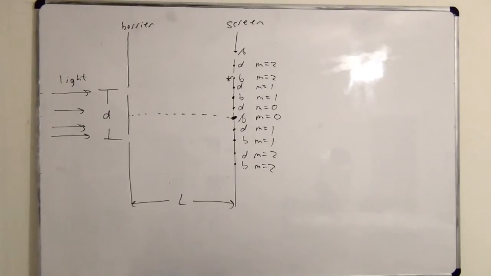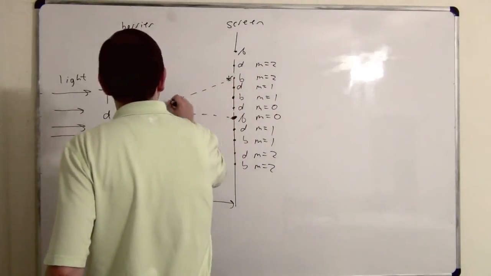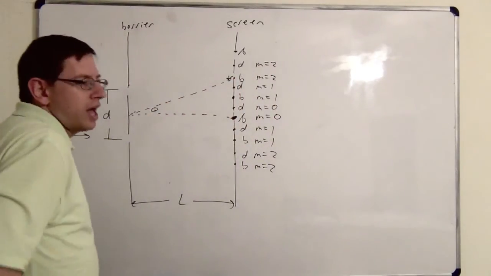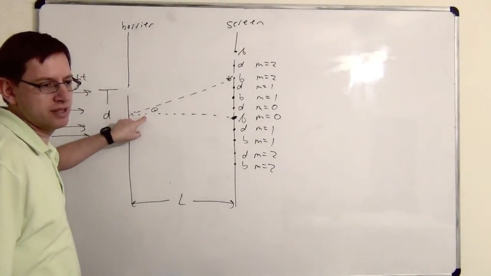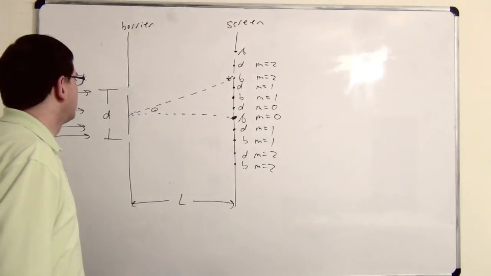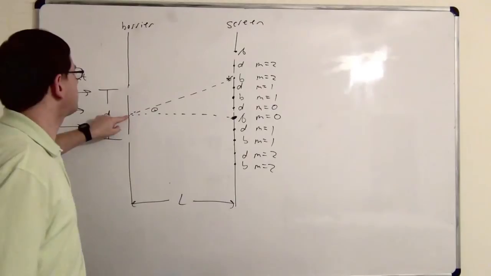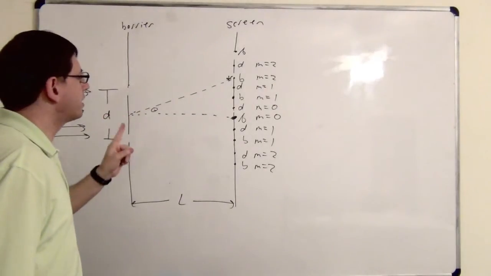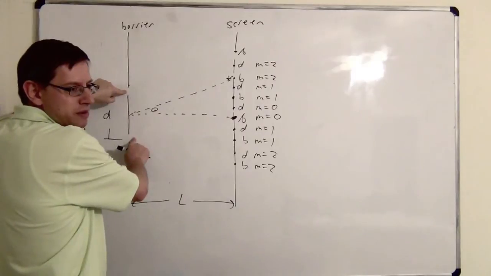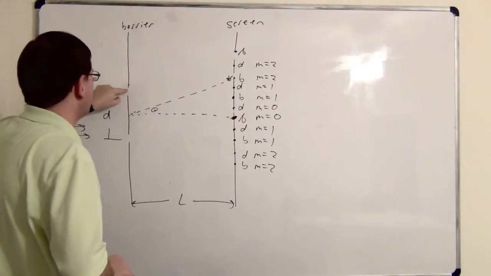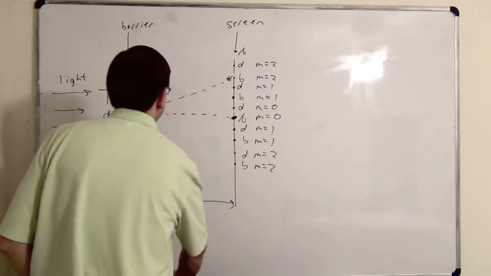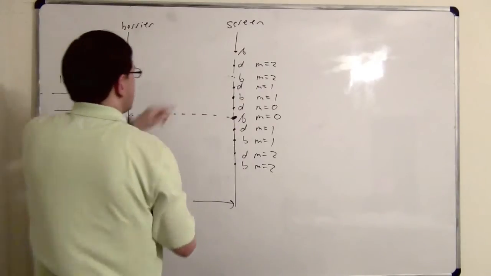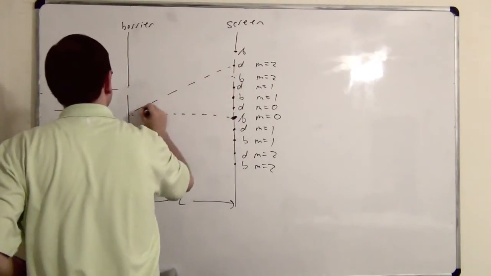I don't know. We'll go over it together. Yeah. So this is the theta angle. Okay. So how do you form the theta? Well, first of all, you draw this central axis. That's one of the main reasons we drew the central axis. And then you draw a line from the spot to where the central axis intersects the barrier. The one thing you don't do is you don't do anything with the slits. That would be the mistake. The angle is not an angle that's being made with the slits directly. It's being made with the point halfway between the slits. So for example, theta for this point would then be this.